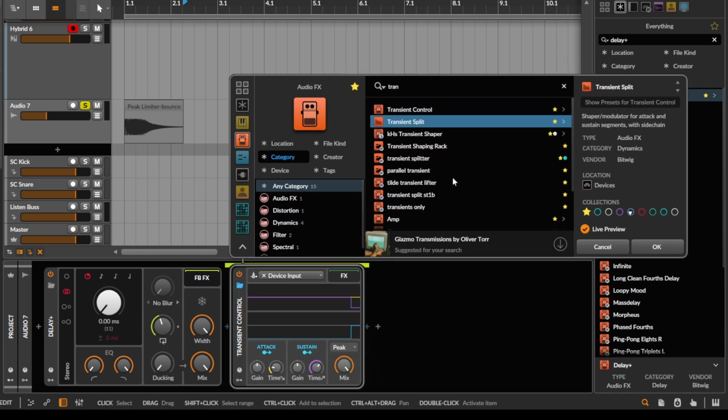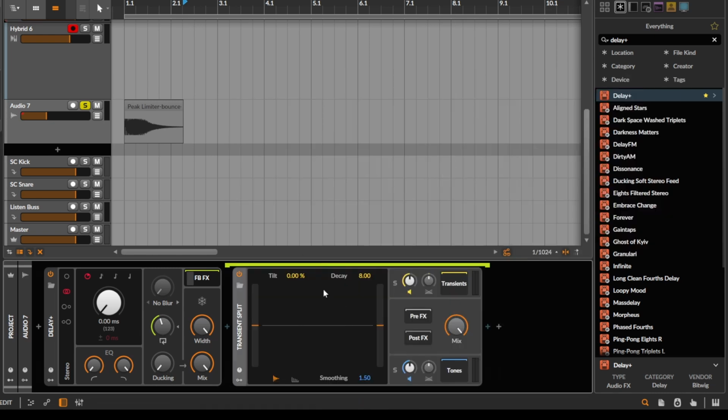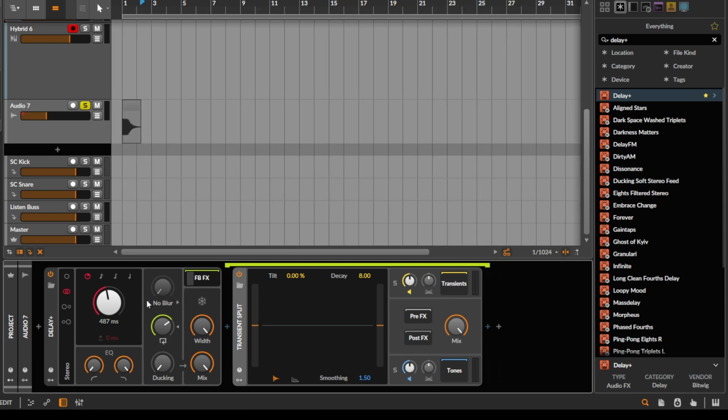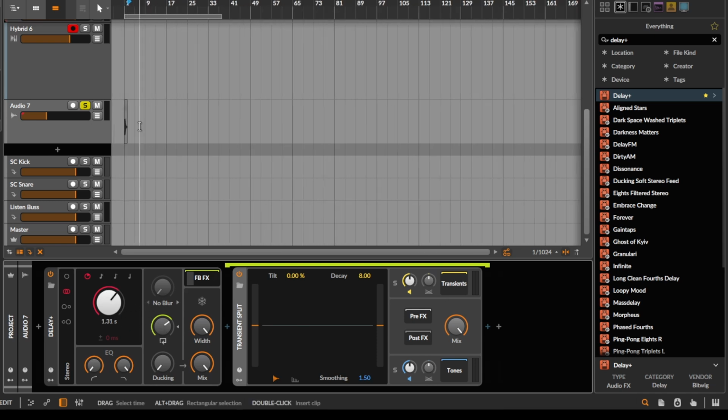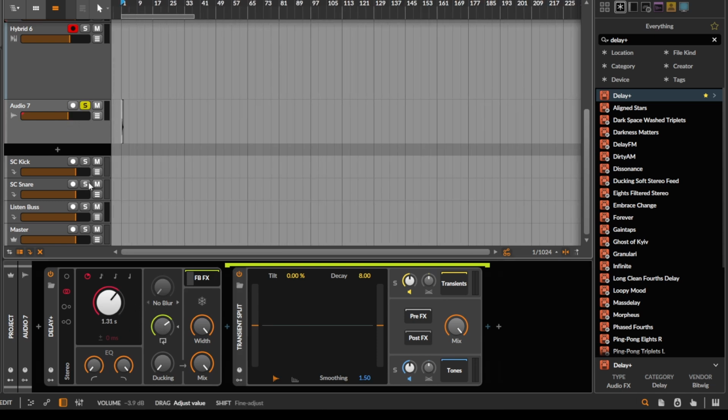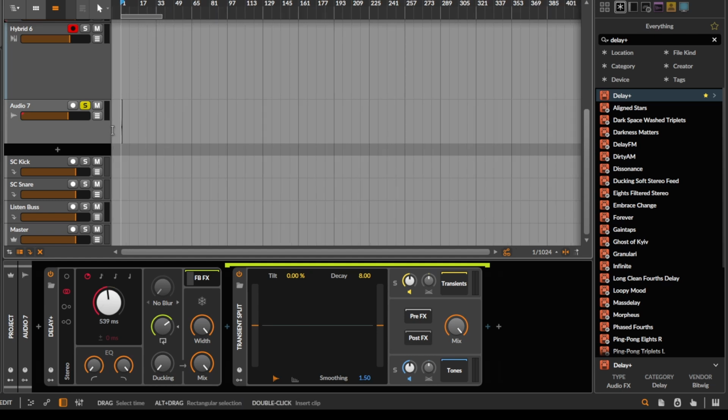Let's put Transient Split in here. And we're not even gonna do anything, we just want the artifacts of like the transient split being applied to the sound over and over again. Kind of listen for what it sounds like after we've applied this hundreds of times to this delayed sound. That would be kind of interesting, I think. So let's just really zoom out here